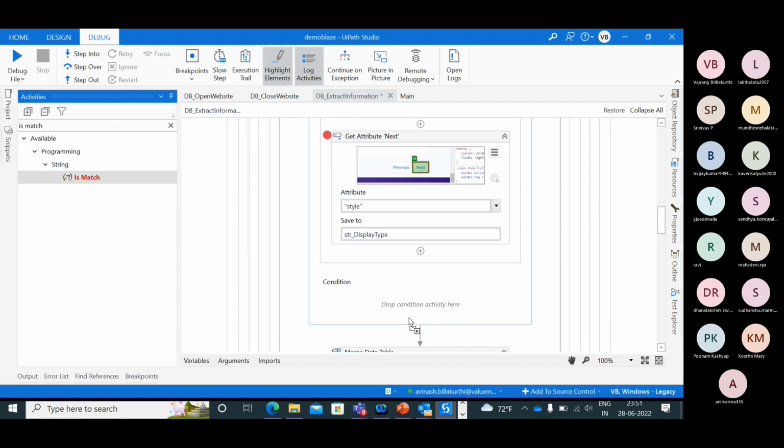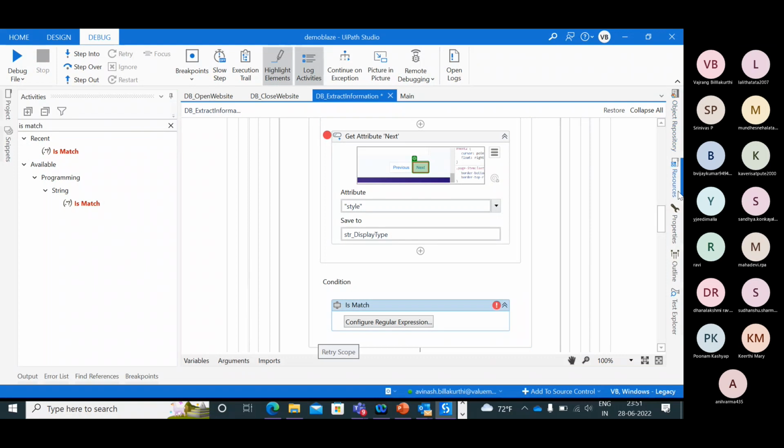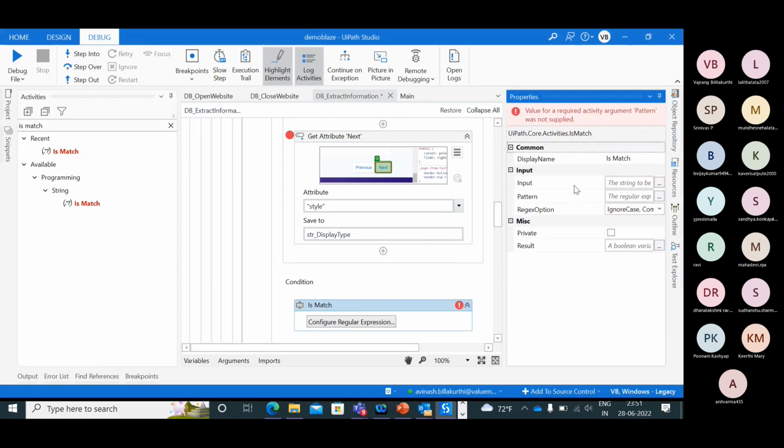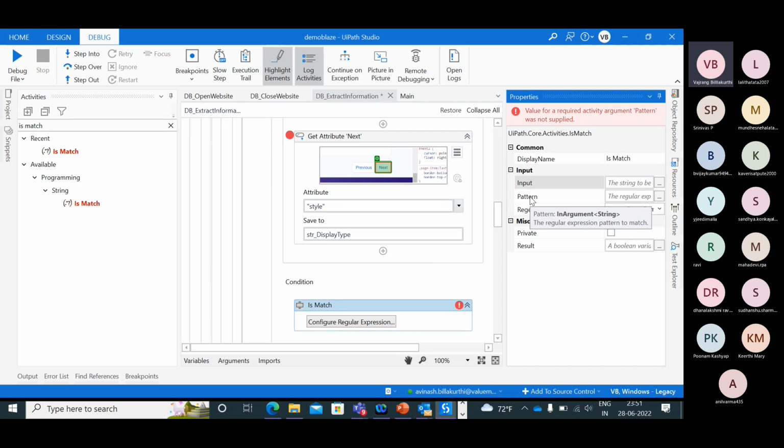So what I'll do, Boolean properties. The input string is Control K, so it should give me a pattern value. The pattern is a string, the regex option is anything, and the result value.